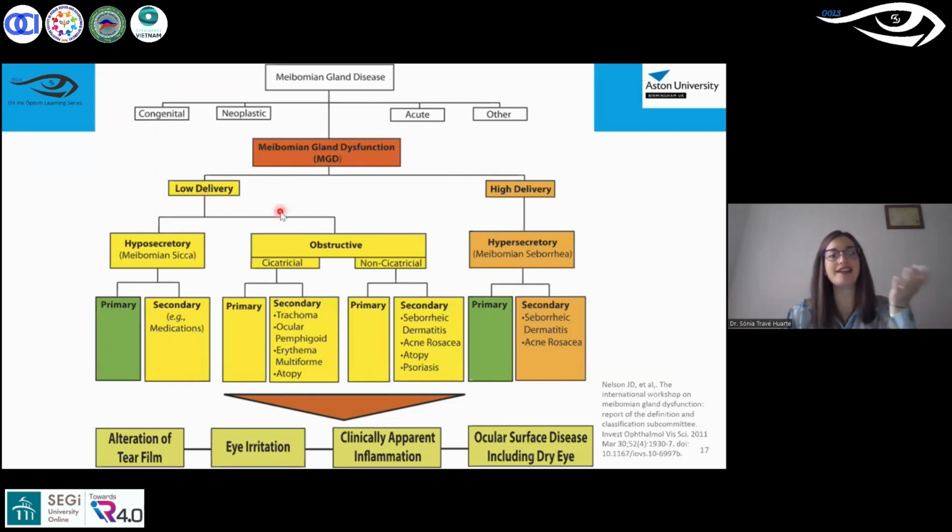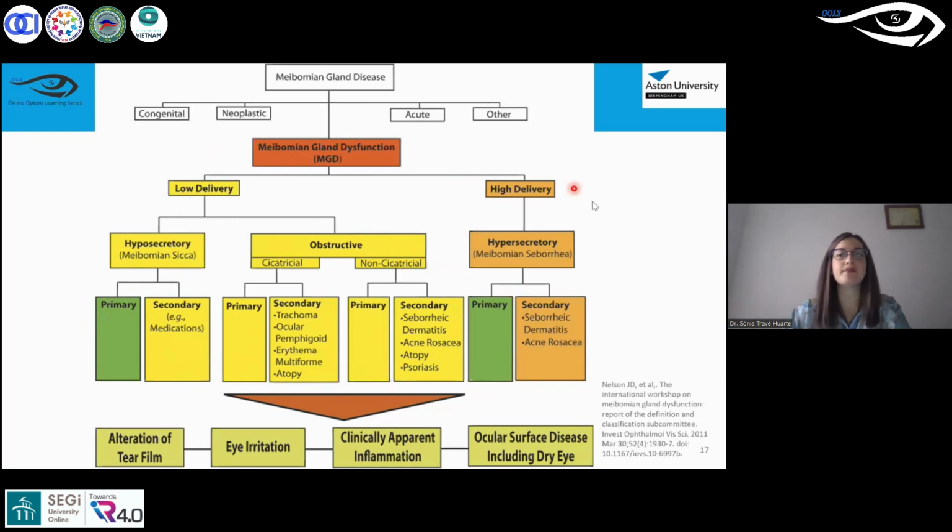The one that there's not enough delivery of the meibomian oils, or the other one, on the other hand, when there's a high delivery stage. In the low delivery, we have where basically the glands do not secrete enough, which could be due to certain medications, also called meibomian sicca. And then we have the obstructive type of delivery. Basically, it is obstructive because there is actually a blockage somehow, either by a scar, so cicatricial, or non-cicatricial, which could be other